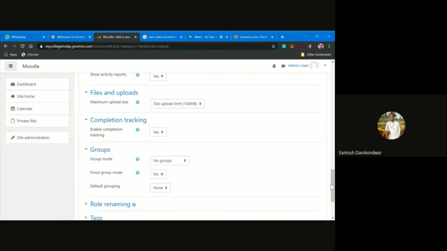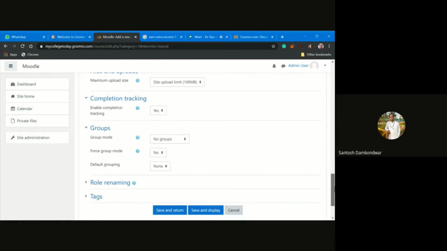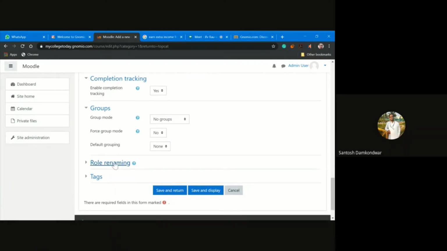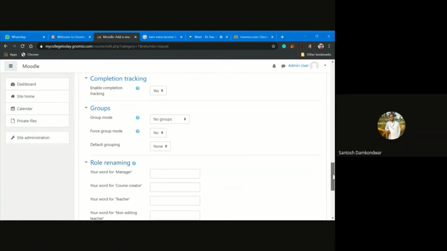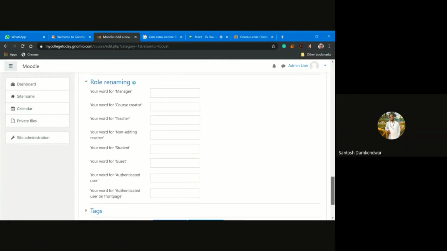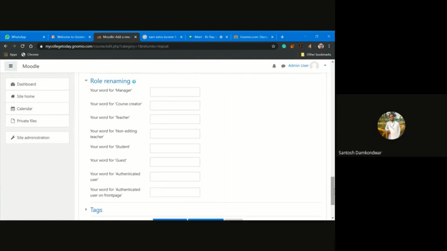Also, you can create groups. We will not talk about it in much more detail, so we'll keep it aside. And finally, there is role renaming. Now remember, being a teacher, of course, you will have a teacher role, or being a creator, you will have a manager role.